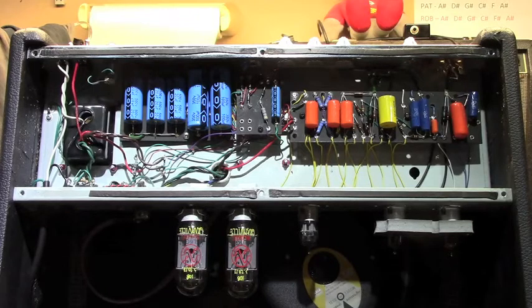What happened with this amp, I'll give you a little background. A couple of years ago, I purchased this amp from a buddy of mine, and it was burnt up. It had all kinds of little issues, most of which were traced back to some somewhat feeble attempts at repairing some issues on the amplifier, primarily the board that would have been down where